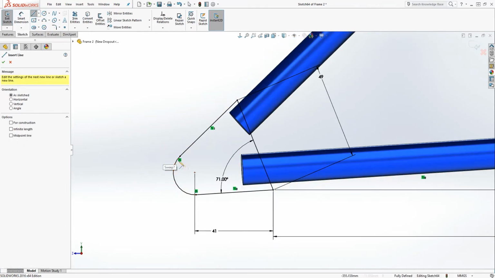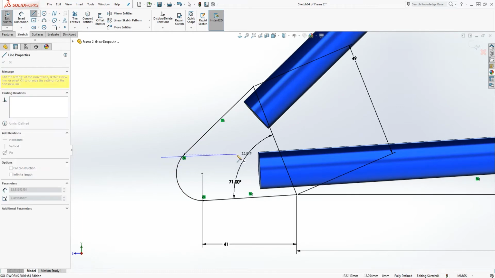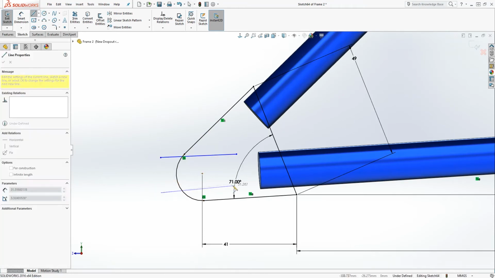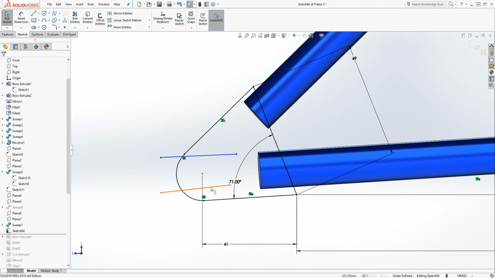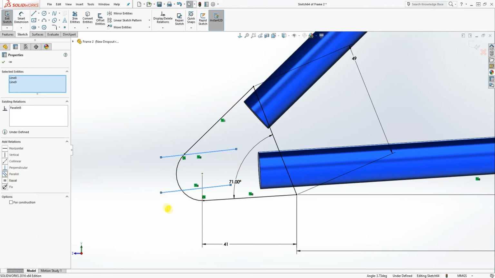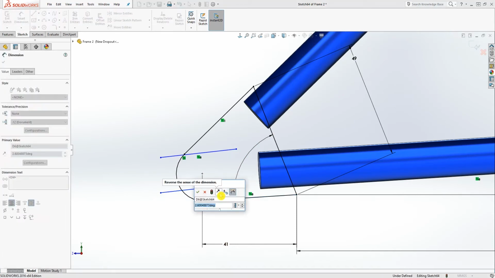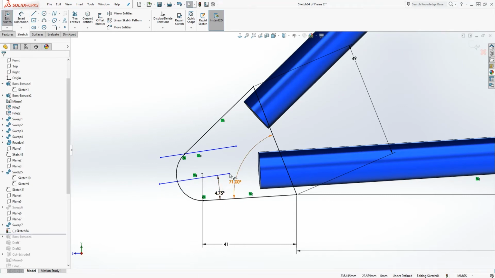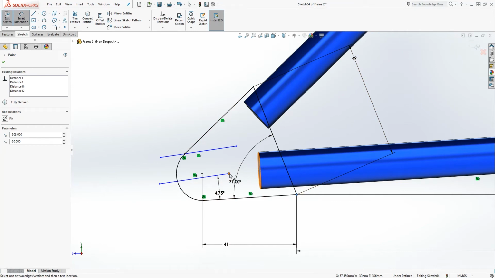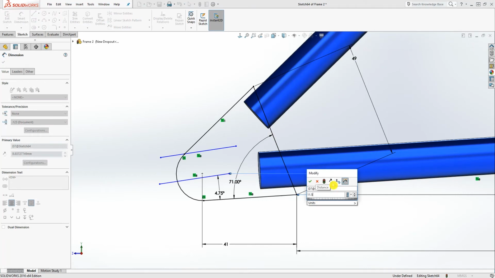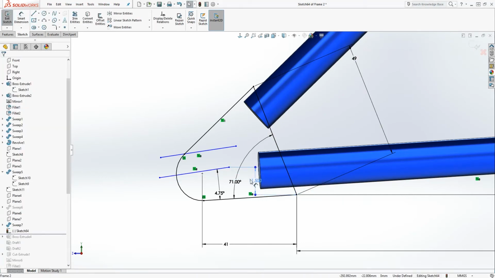So we might as well just add our cut to it. So I'm going to draw another line over here, and I'm going to draw another line over here. Make these two lines parallel to each other and add the dimension from this line to that line and make it 4.75 degrees. And from the bottom to this edge of this line, make it 11.5. So we have 11.5, and